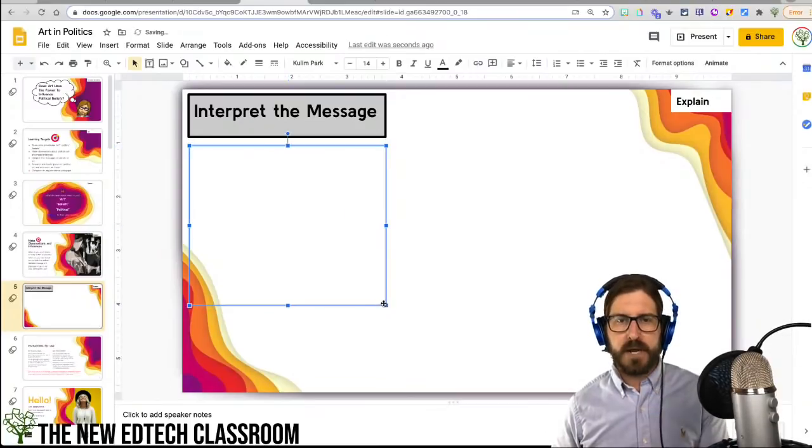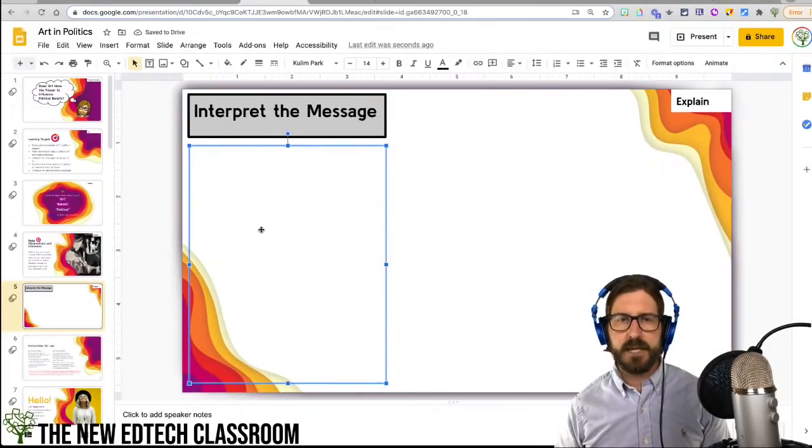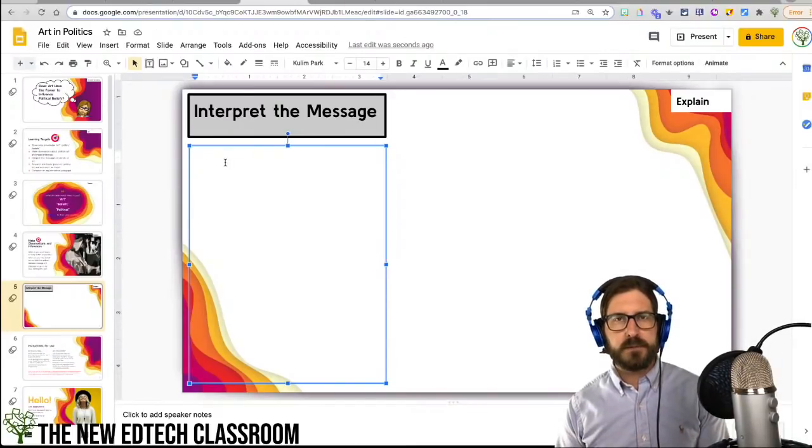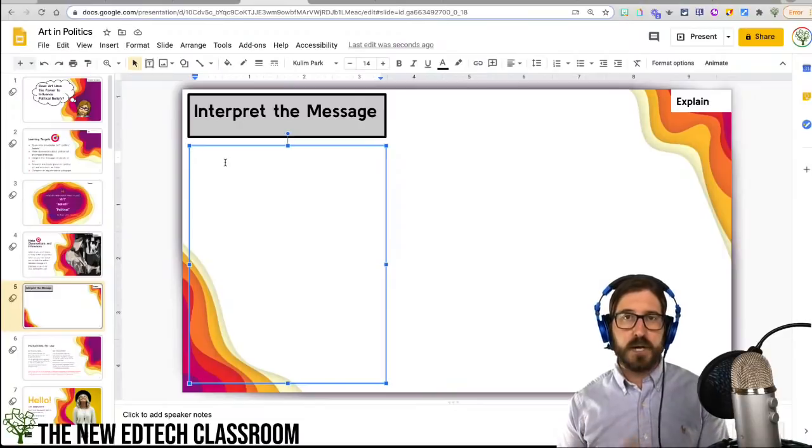So that tells me it's right along that edge. And then I can just drag it down from there. So that's just a good way if you want to make sure that it's all lined up. Okay, so now what I want to do is basically give students instructions in order so that they know what